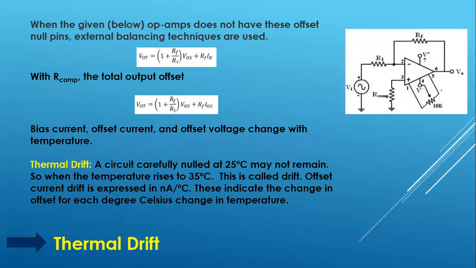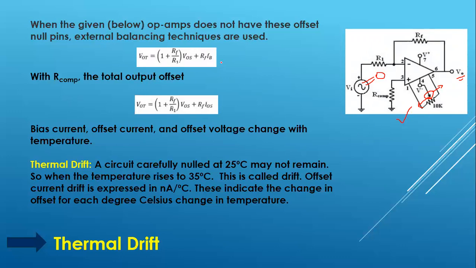This is shown in the figure here. Considering the first circuit, using R compensation, you connect pin 1 and pin 4. In between pin 1 and pin 4, you use a 10 kilo ohms potentiometer, where the wiper is connected to the negative power supply of the op-amp. By moving the wiper to this side or that side, you can nullify the output voltage, that is the offset voltage produced even if VI is equal to 0. This is the final technique used in ICs.